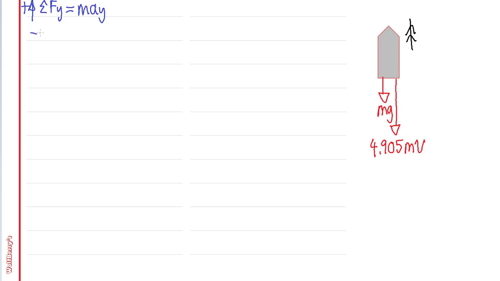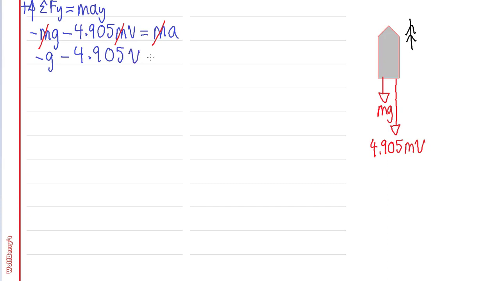So it's going to be minus mg minus 4.905 mv equals ma. You can see immediately that every term has m, so we can cancel all the m's. You can only do this if every single term of your equation has m. So let's rewrite our equation: minus g minus